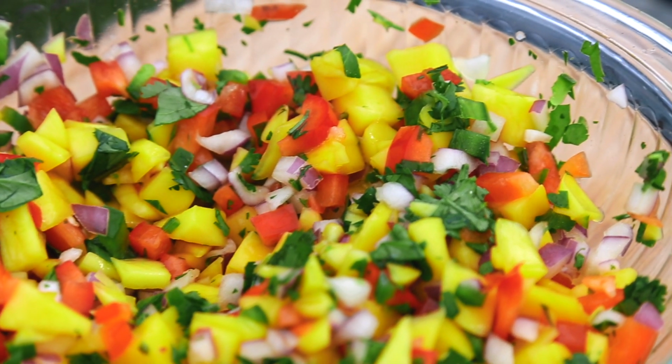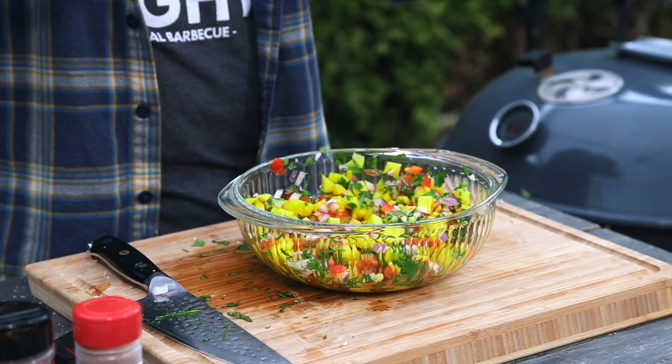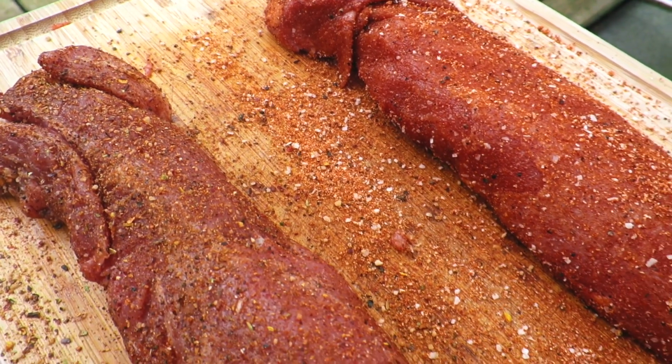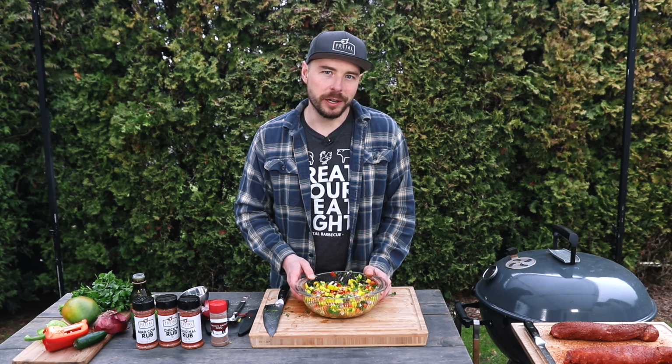I'm gonna go ahead and place this into the fridge for about 30 minutes to allow those flavors just to blend together very nicely. Our pork tenderloin is all seasoned up and ready to go. So what I'm gonna do is go ahead and get our kettle set up for cooking around 275